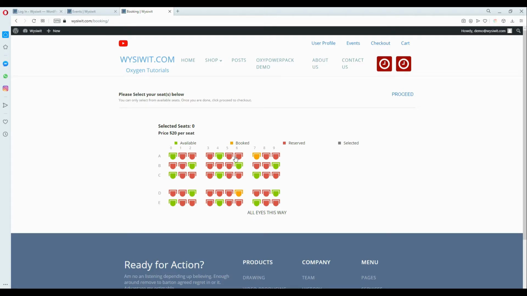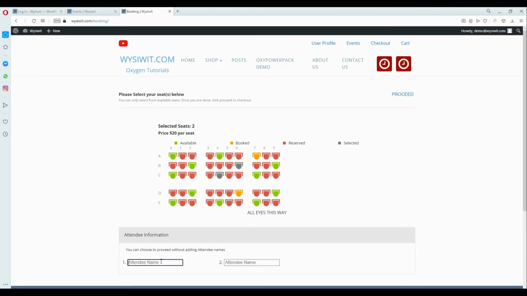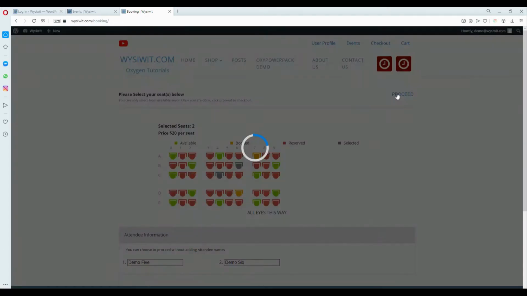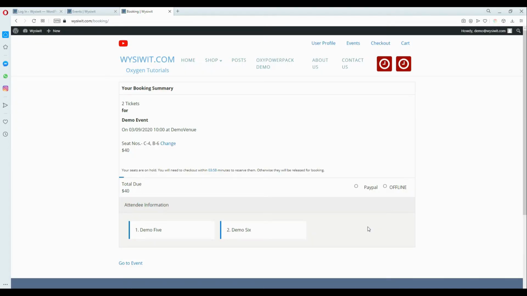Right, and as you can see, these are the seats available. So we'll choose that seat, and we'll call that Demo 5. And Demo 6. We'll proceed from there. And here we are on the booking summary page, you'll see there's the event, the demo venue, the seat numbers, and a total of $40 is